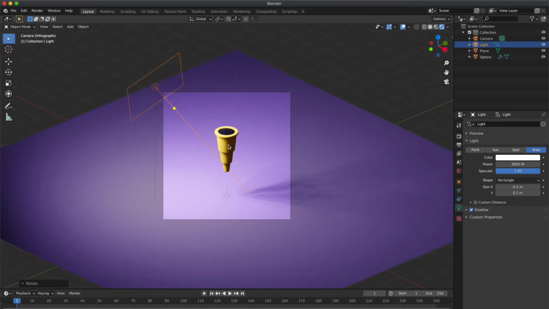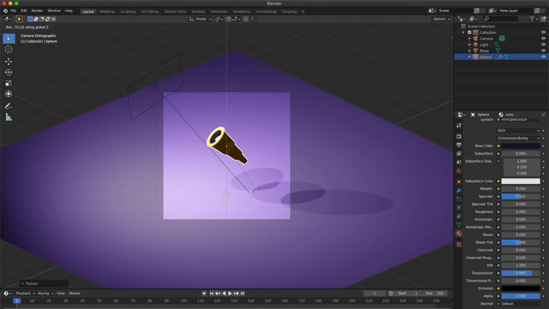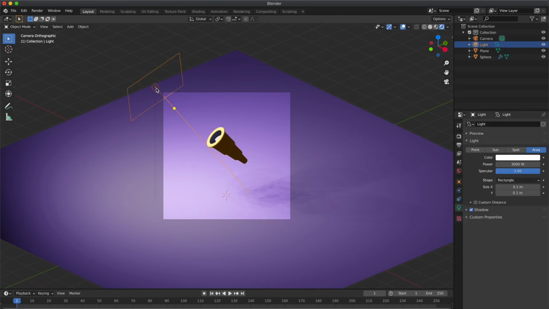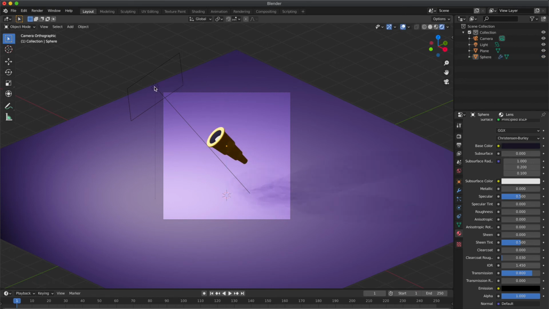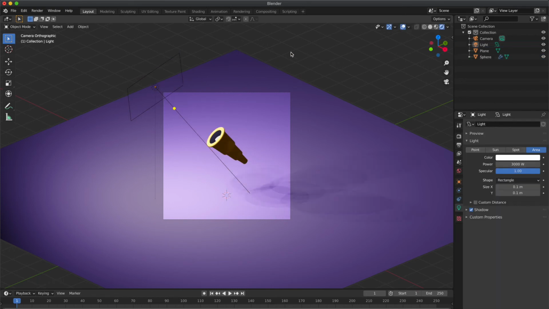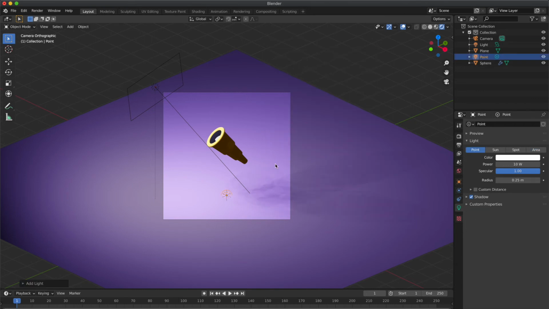Go to camera view to view the scene. Select the whole object and press R to rotate it along X axis. Press R and X. You can see the reflection of the light on the UV sphere because of the transmission we applied in the material settings. So remember, for future purposes, if you want to see any kind of reflection on a particular object, increase the transmission value in the material settings and decrease the roughness, so you can get this kind of reflection of light.